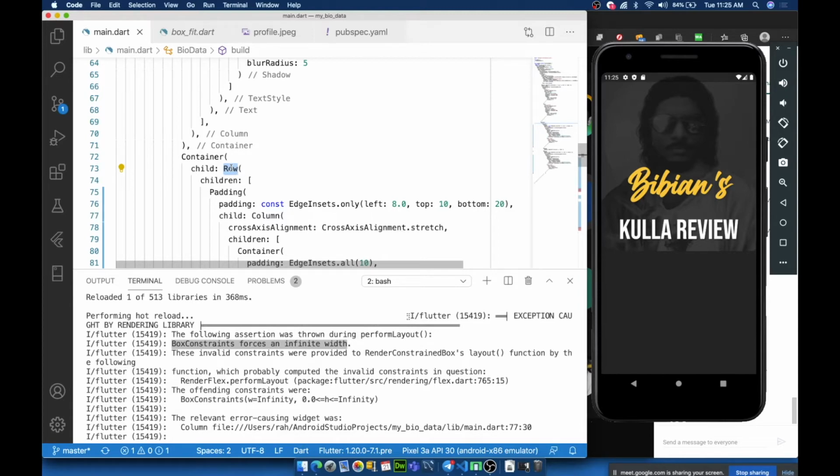That's why we are using the flexible widget. The flexible widget will just tell the row, it will tell the parent widget that all the contents of me and the other widget, we will share whatever space is available. That's why I wanted you to wrap this in the flexible widget. If you do not have a flexible widget, what happens is you have two different columns and each of these columns have two different containers, or you can have more containers. These containers, they don't have a definite width. They don't have a fixed width.